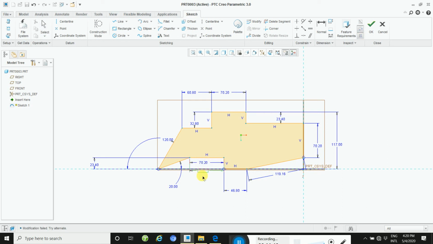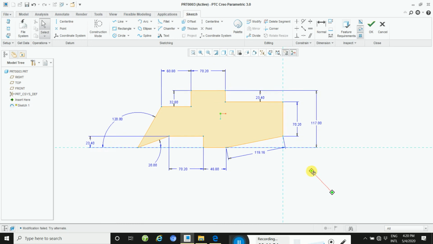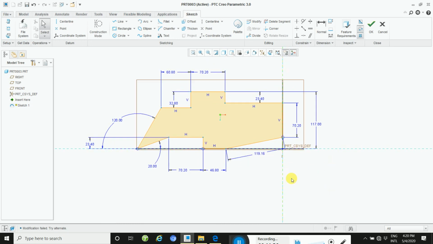Okay, this way you will easily arrange the angle in a perfect manner. Okay, only one dimension is not edited here. Okay, so take as per your requirement.